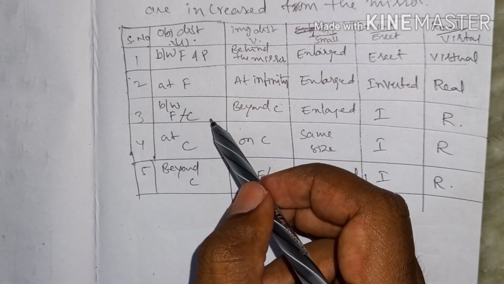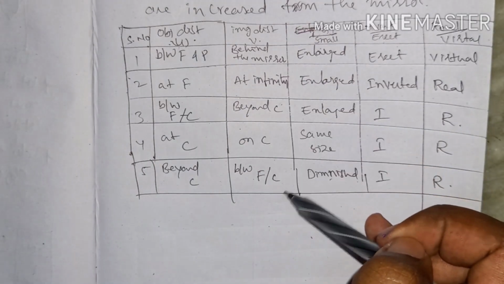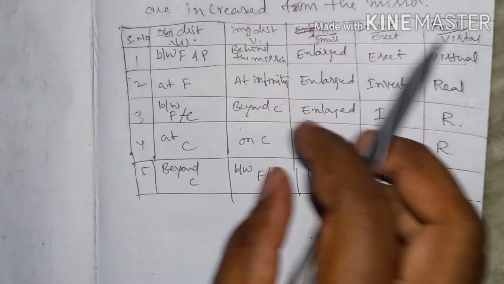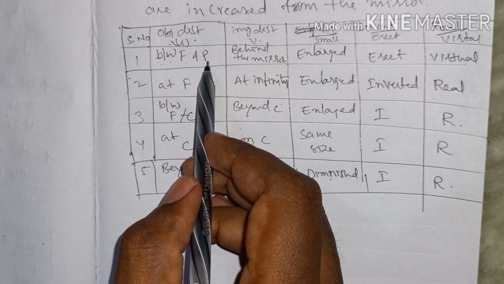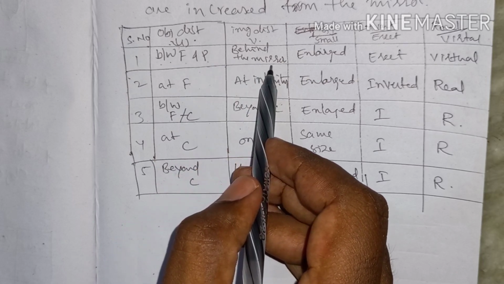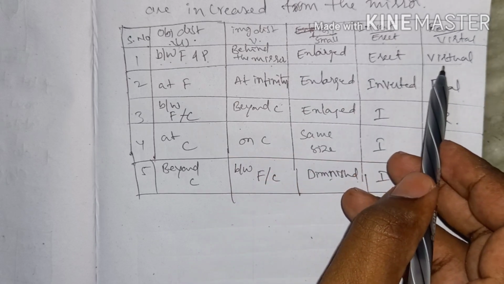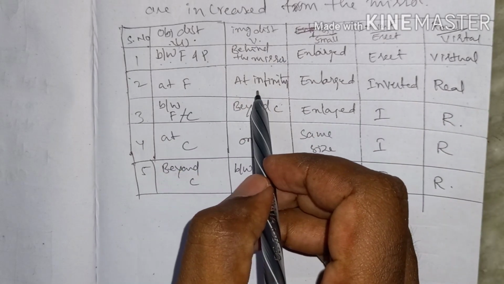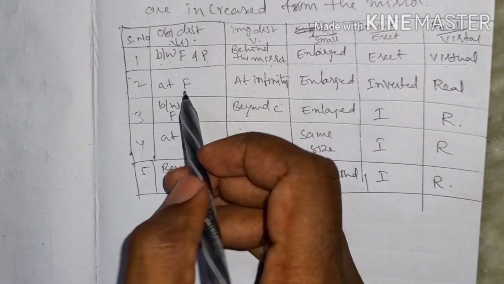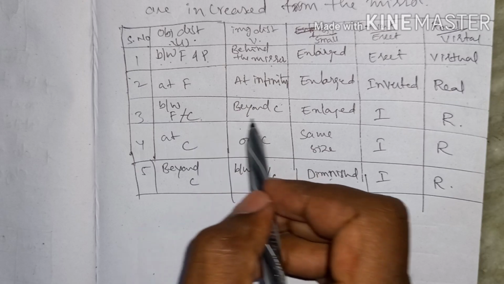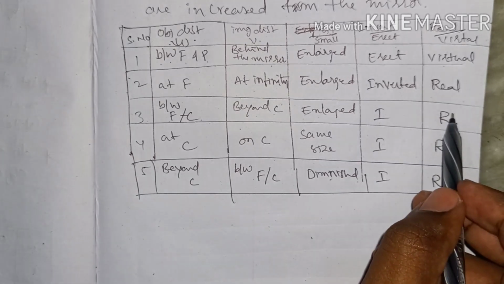These conditions we will learn in the ray diagram situation. At that time I will explain how these conditions arise, how the images are like this, and what the properties are. But first we need to fill this in. Between the focal point and pole, the image will be behind the mirror, the size of the image will be enlarged, it is erect, and it is virtual. Next, at the focal point, the image is formed at infinity, and it is enlarged, inverted, real. Between the focal point and center of curvature, the image is beyond C, enlarged; I means inverted, R means real.